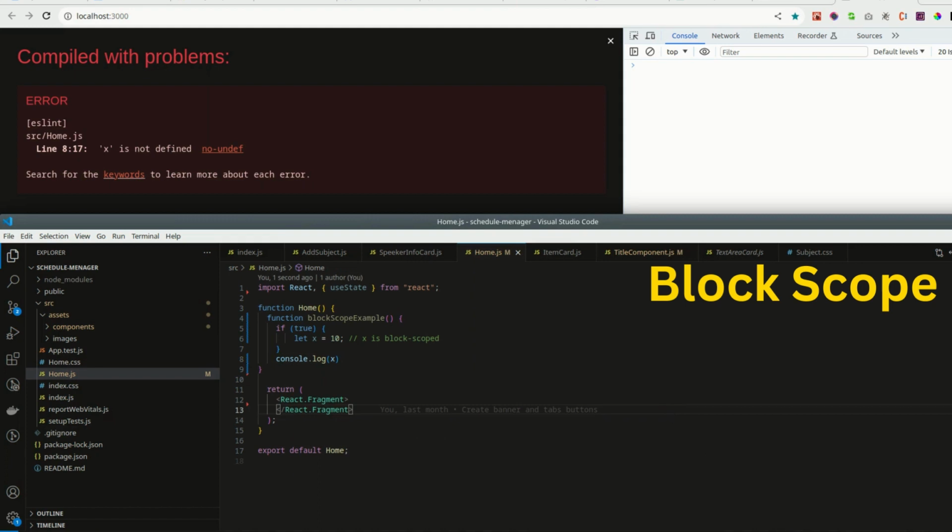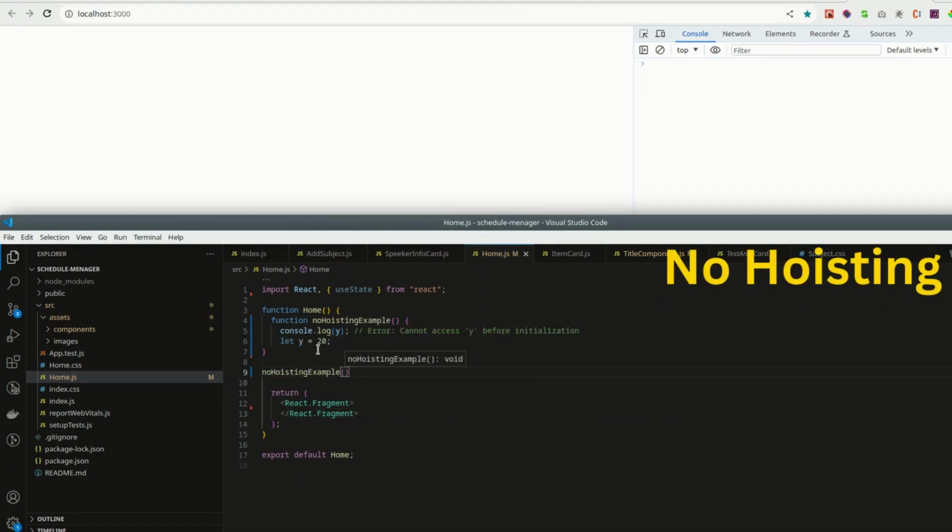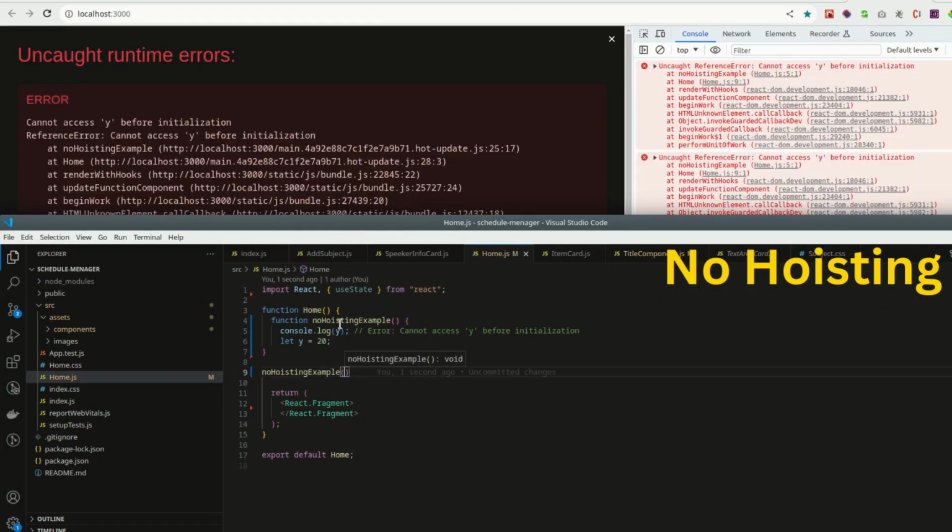Variables declared with let are not hoisted, so they are only accessible after the declaration statement in the code. In this case, the variable y is declared with let, and it's not hoisted to the top of the function. Attempting to access it before the declaration statement will result in an error, making the code more predictable and preventing